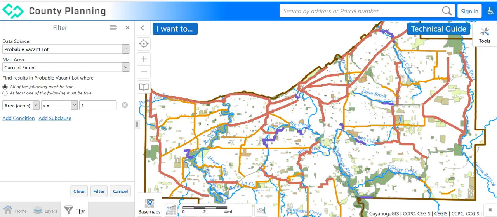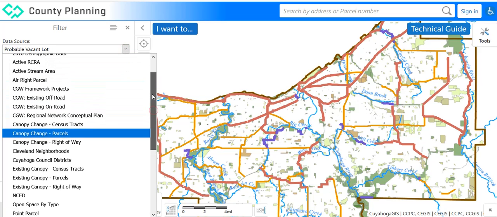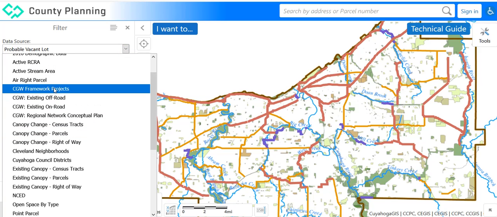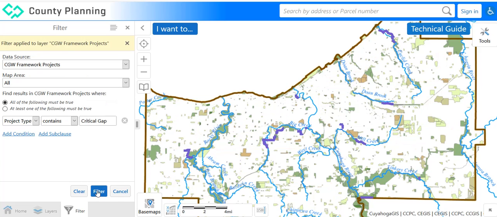So I want to filter out the other two categories of projects. I need to choose that data source, so Cuyahoga Greenways Framework Projects. And then I'm going to look at project type, contains, and I can select critical gap. When I hit filter, it will show me the critical gaps and it will filter away the other two categories